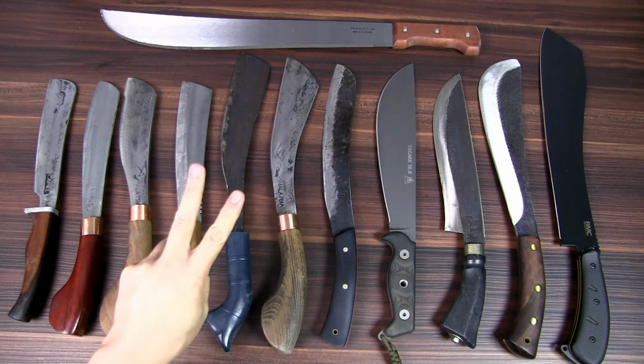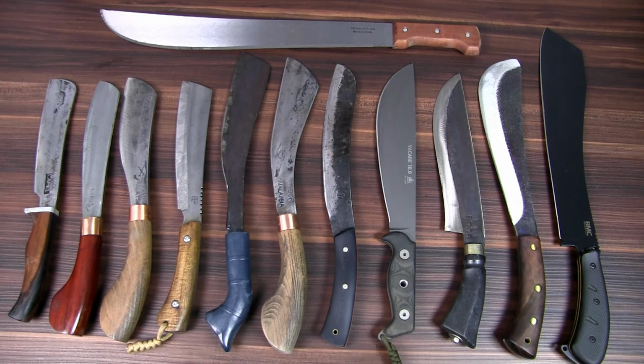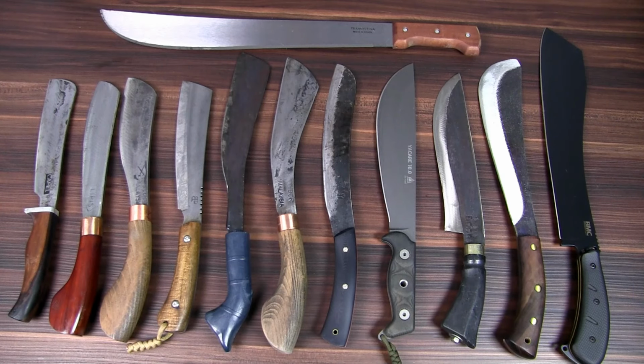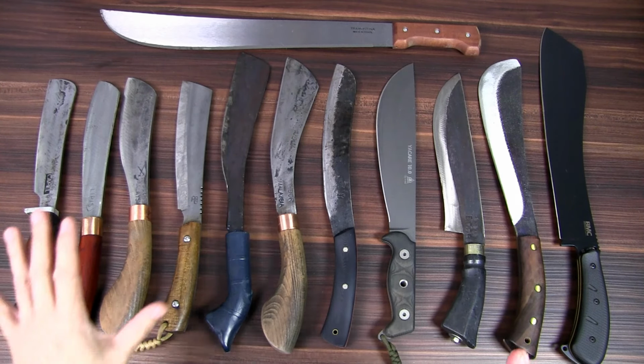I think there are two things that determine the length of the parang for you. The first is your activity, and the second is your physical size or stature. So let's talk about the activity. If you're going for a hike and engaging in some light bushcraft, or you just want a nice big belt